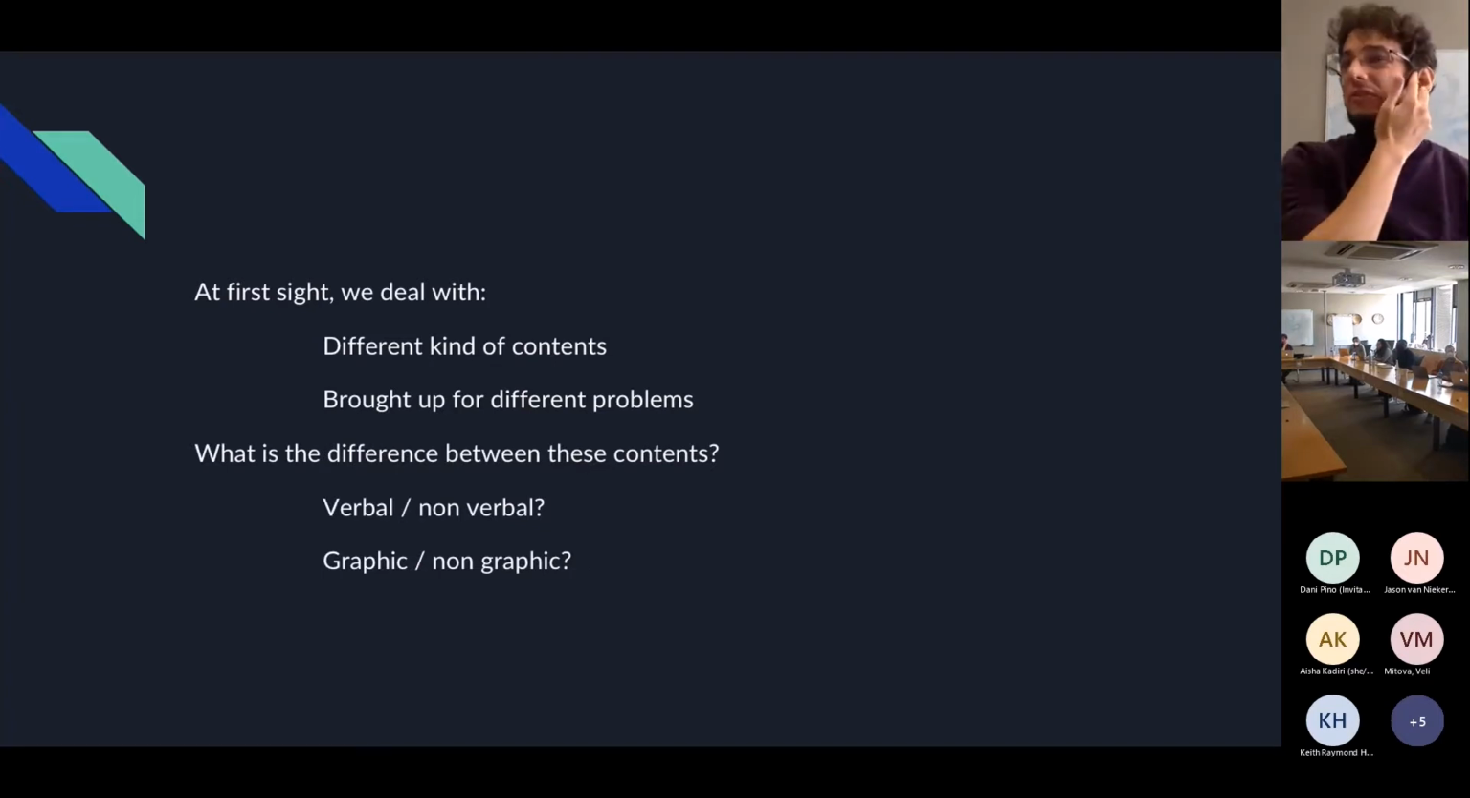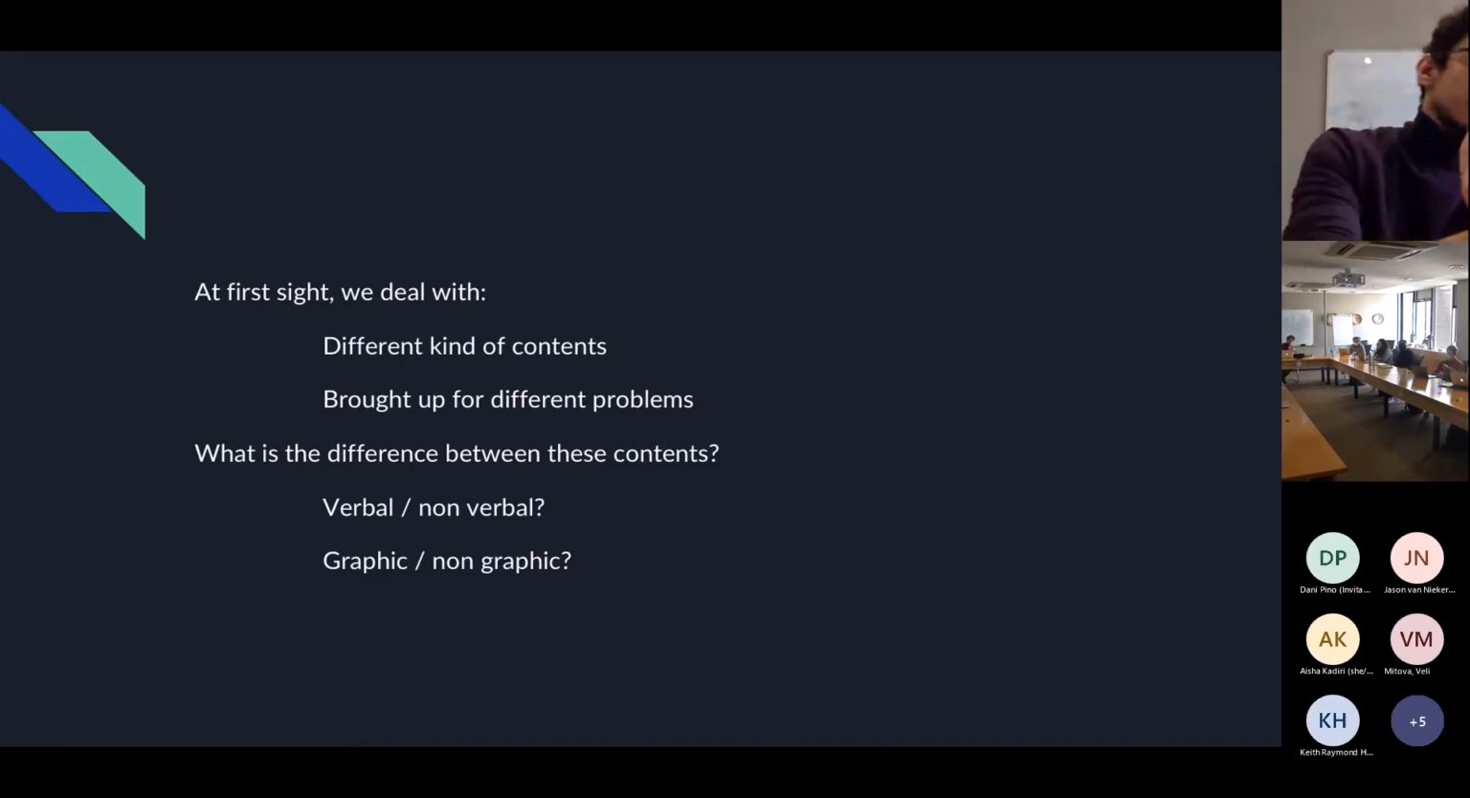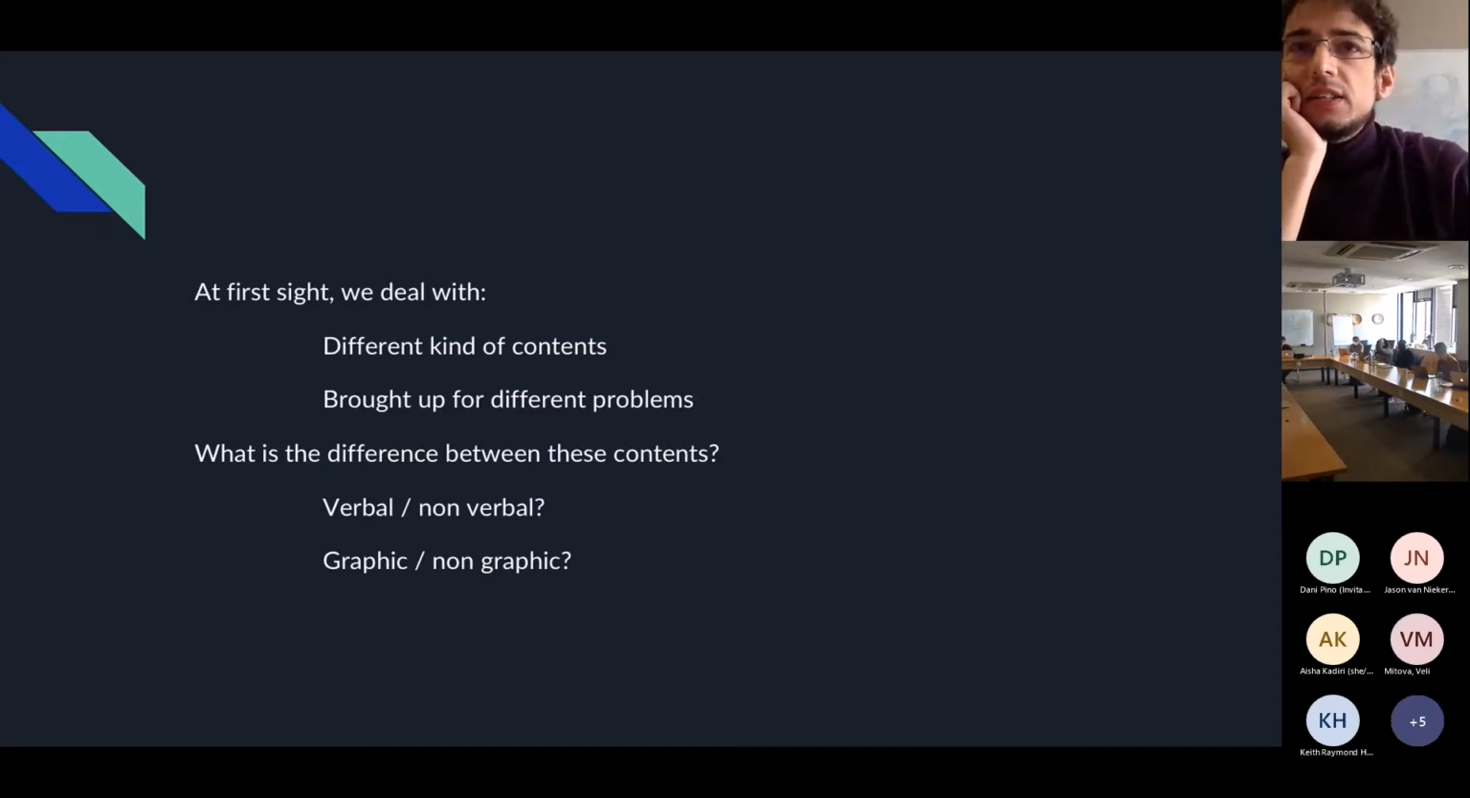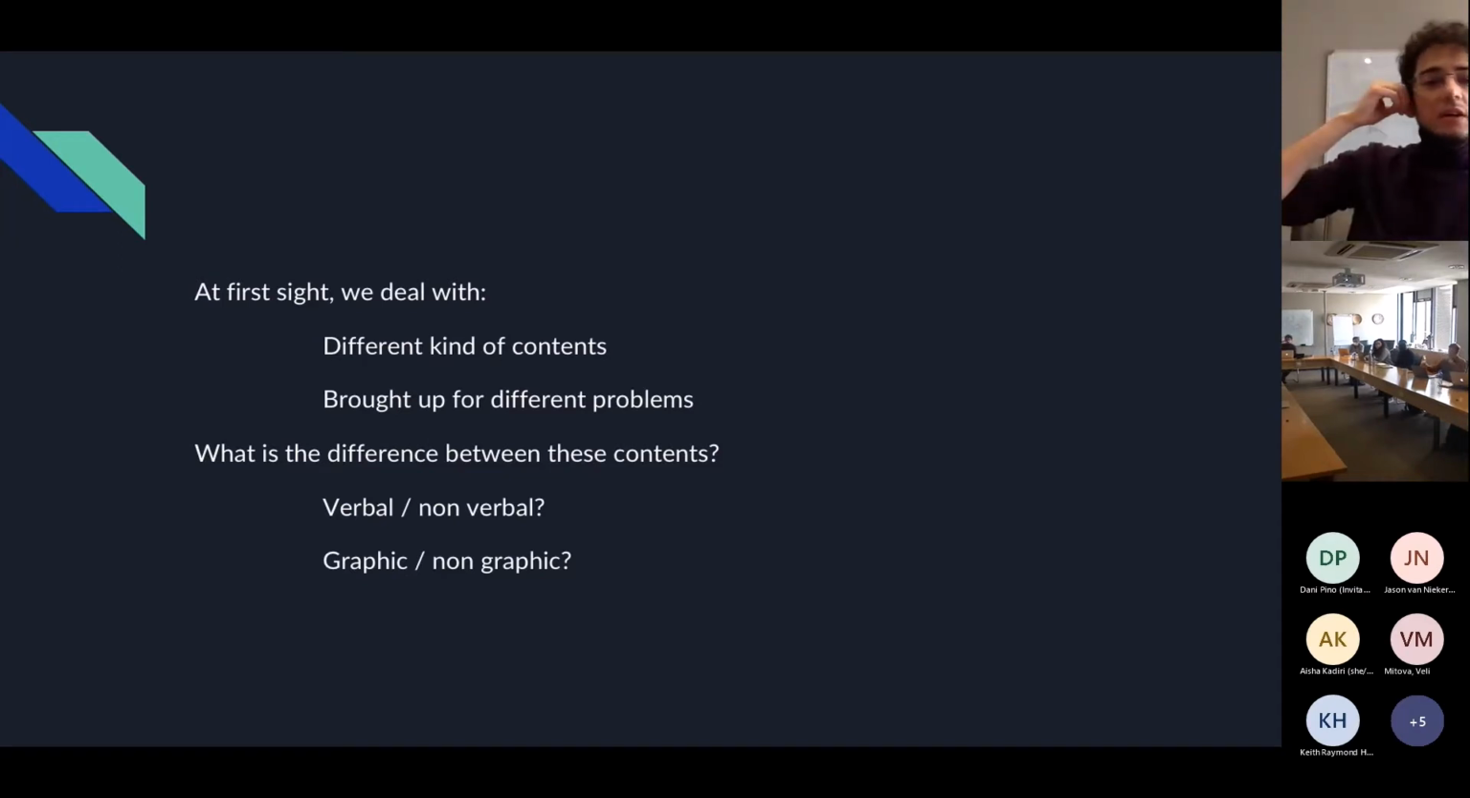First of all, what is the difference precisely between those kinds of contents? Is it that some of them are verbal and some of them are non-verbal, like images or videos? Is it that they are graphic or non-graphic? Some other questions we may raise is whether truth is somehow implied here, playing some role, because both of them are labeled under the category of epistemic trash, and this is one of the problems I had with the very distinct account. And we have some others that Glenn raised during our conversation,